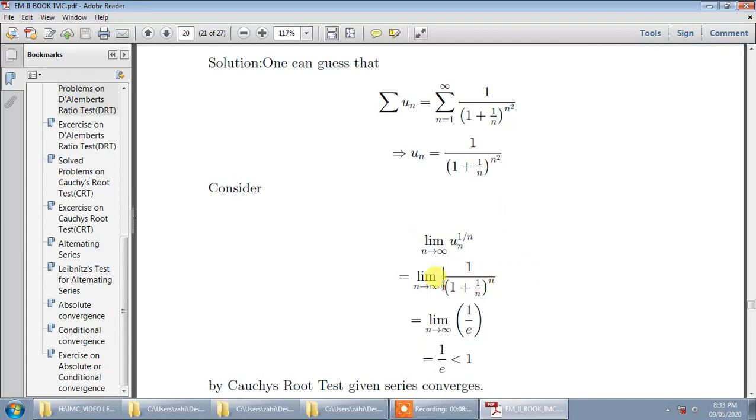And this again is a standard result. Its value is equal to e. You should know this one. So limit n tends to infinity, 1 plus 1 by n raised to n, or limit n tends to 0, 1 plus n raised to 1 by n, both values will be equal to e. That is the standard result. So 1 upon e, definitely it is less than 1. So e is 2.7, and 1 upon 2.7 will again be less than 1. So this series also converges.